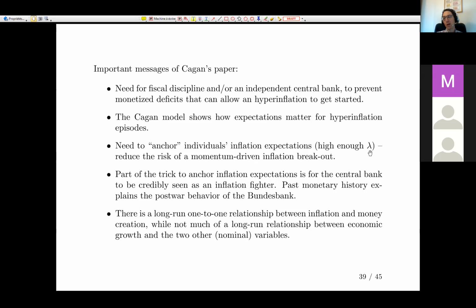As you remember, lambda is the weight I place on my previous beliefs about inflation today. If lambda is equal to 1, then I don't react to what the actual inflation was today. I just trust that this was a fluke for this year, and next year there's not going to be more inflation. But of course, if lambda is low, then if I see prices changing now, I start to freak out and think that prices will change even more in the future.